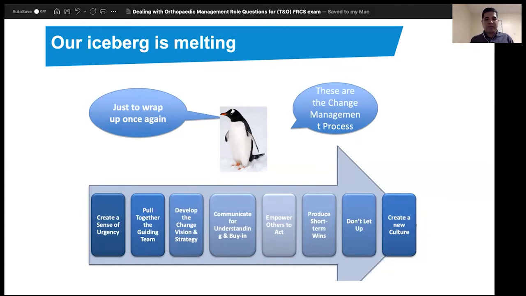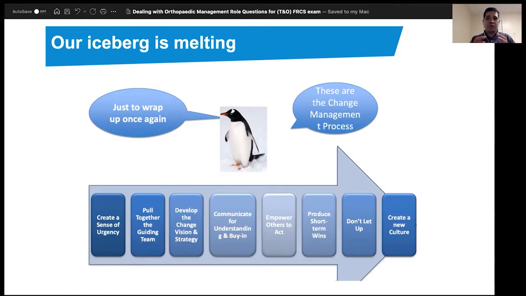For example, in the ED, there are more complications. There is a waiting time for patients to be seen by the doctor in the emergency department. Okay, that's not a complication, but a complaint. You can deal with that. You can improve the quality of the service if you are the manager or the leader of that unit. So the first step is to create a sense of urgency. We need to treat patients better. We need to decrease the waiting time for electives or whatever.